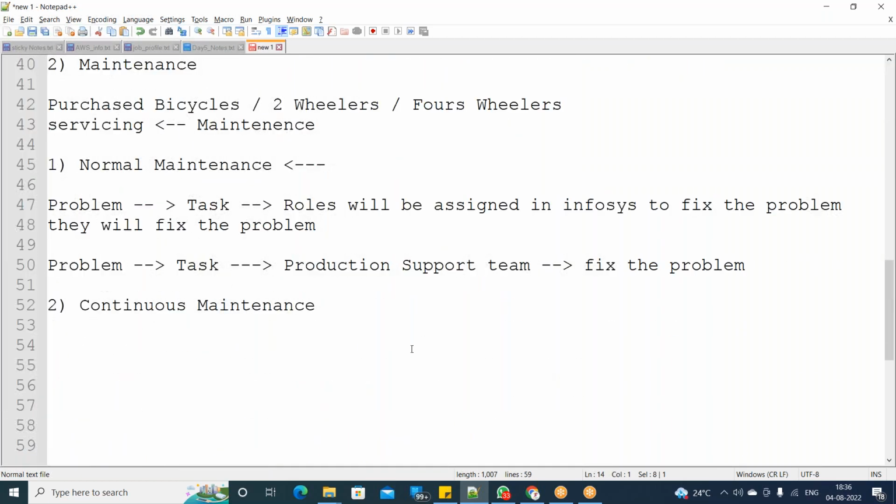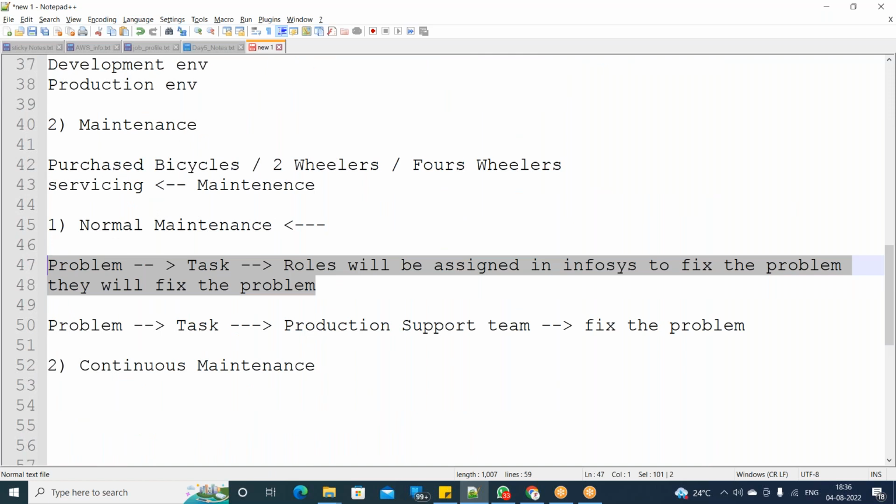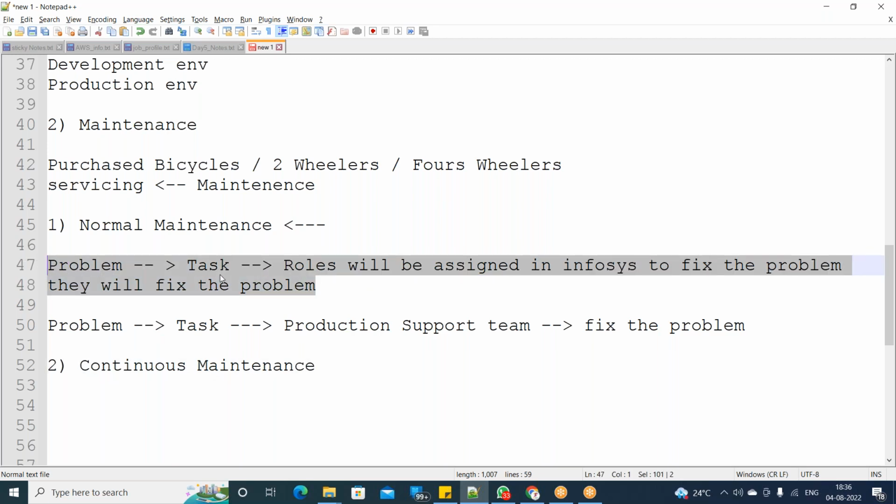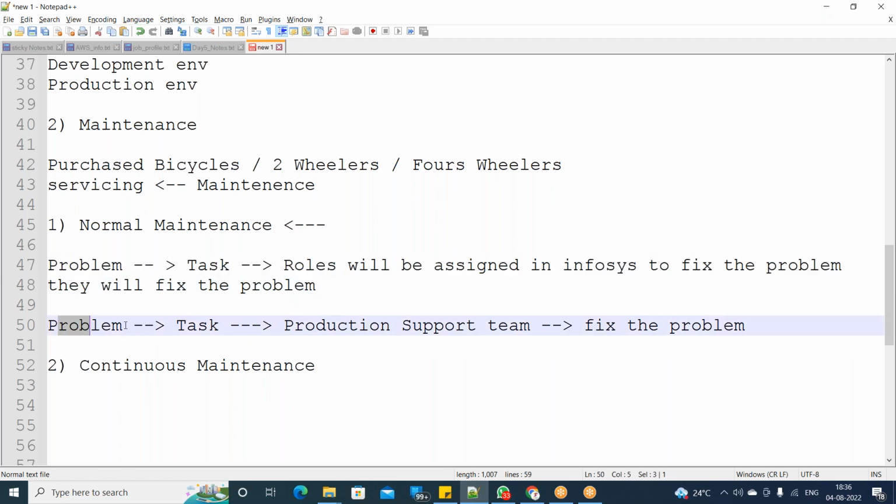But sometimes the code level changes need to be done, so that might be pushed into the next release, the next phase. Again I'm telling you, the next release. I've already spoken to you about what a release is: release 1, release 2, three days back. So it will be pushed into the next release. This kind of thing usually will be pushed into the next release, but the other kind of thing will be